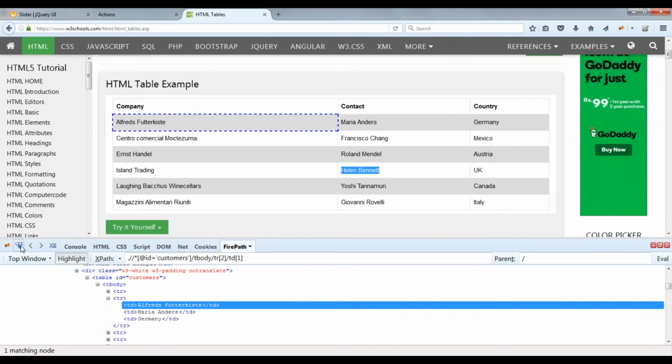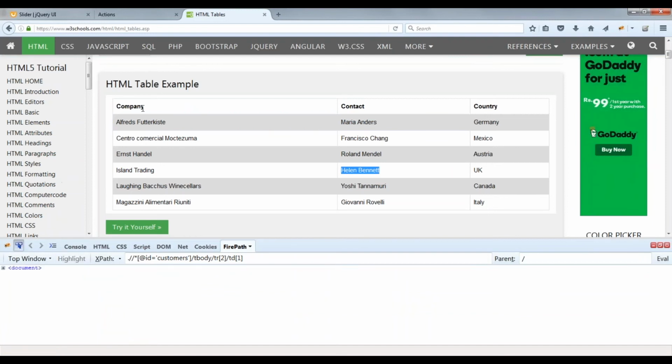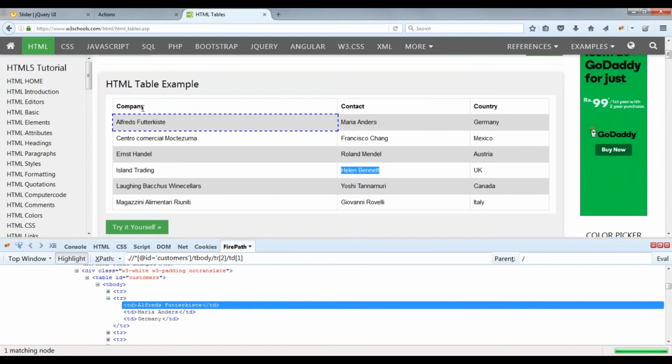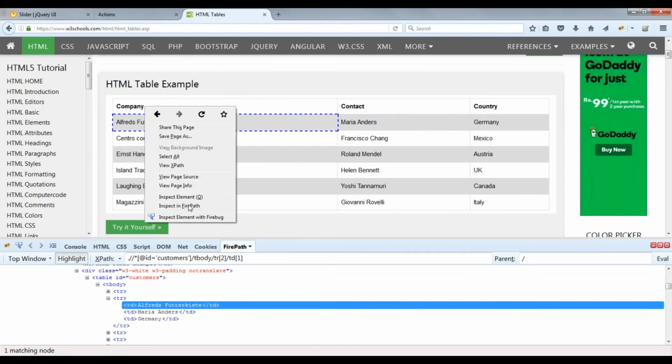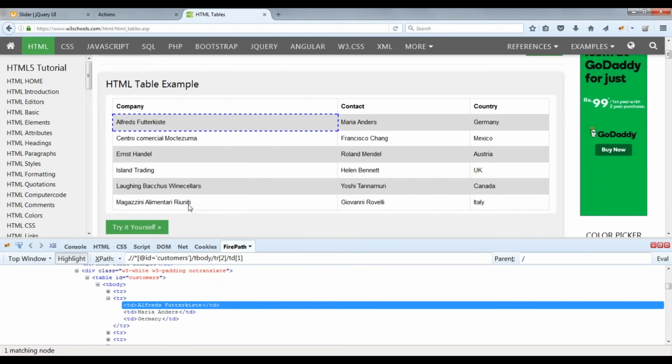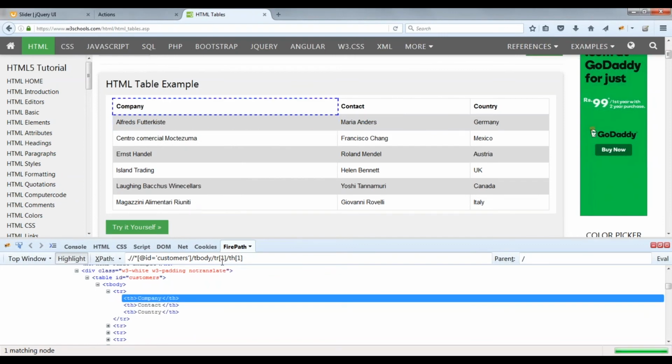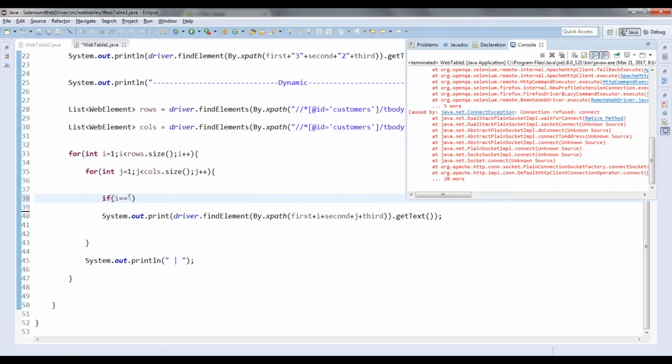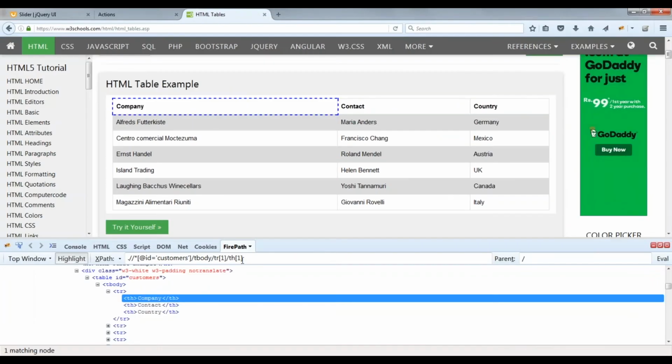Okay, so let me see here, the first column. You can see here it is TH when i is equal to 1 and j is equal to 1.